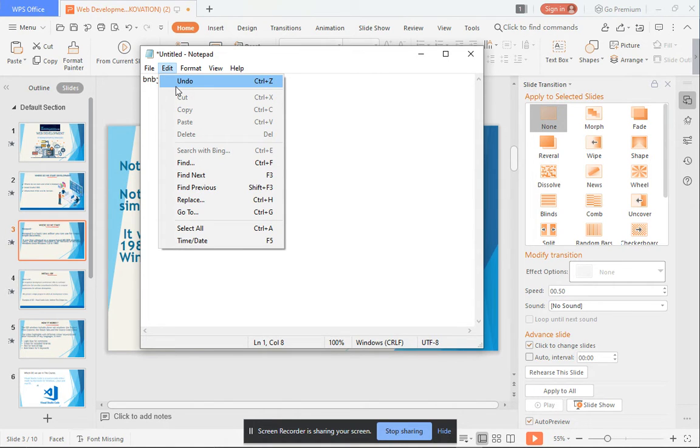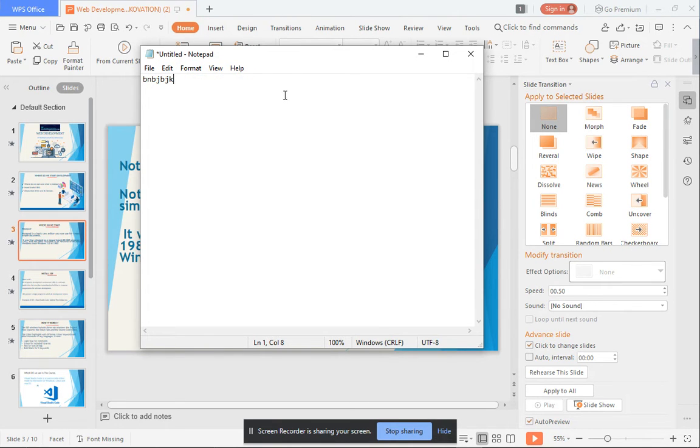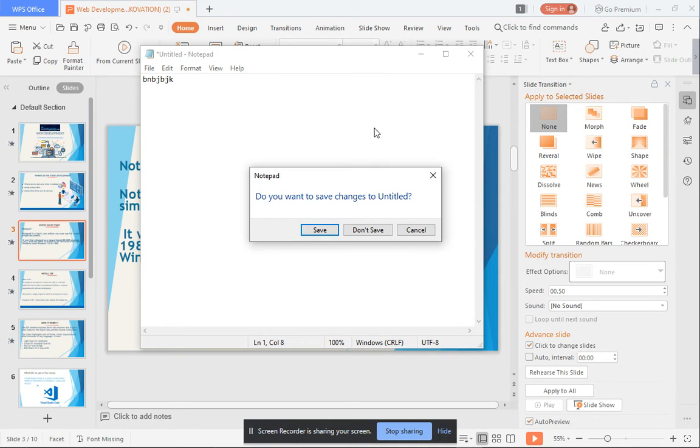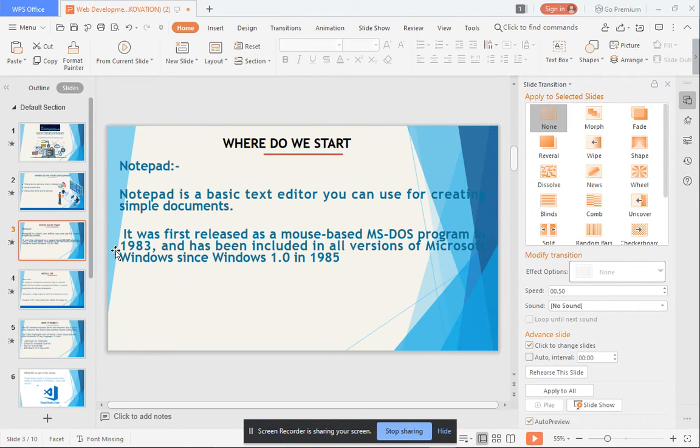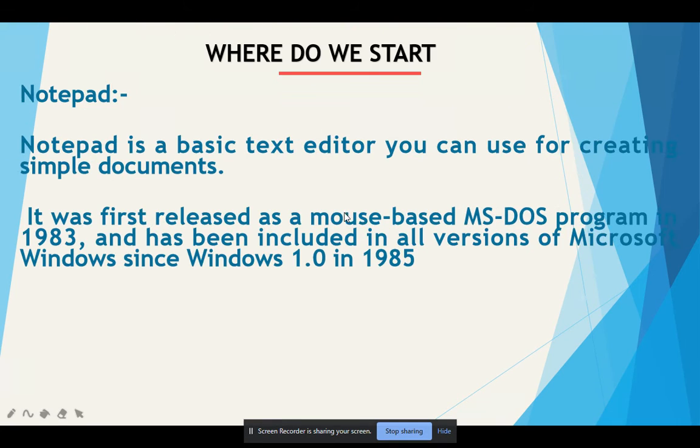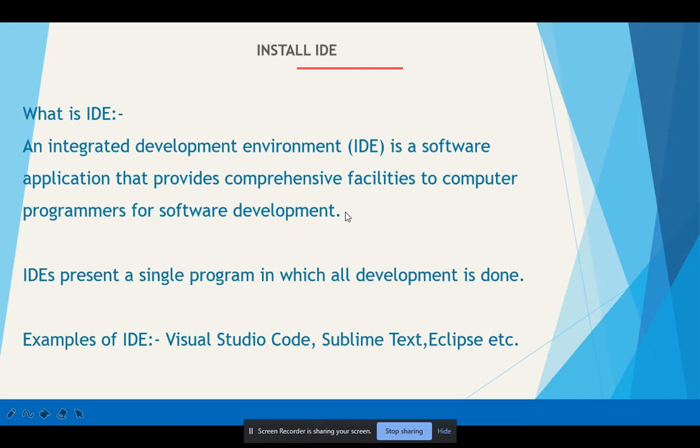When you use this Notepad, you will be familiar with all these things. This is the Notepad where you will first build your first web page. So now I just close it. I hope you all understand what Notepad is, because I will give you a clearer understanding of what Notepad is and where it will be useful in our web development. If you have any query regarding Notepad, you can ask me. Okay, now I will move to the next topic, which is IDE.